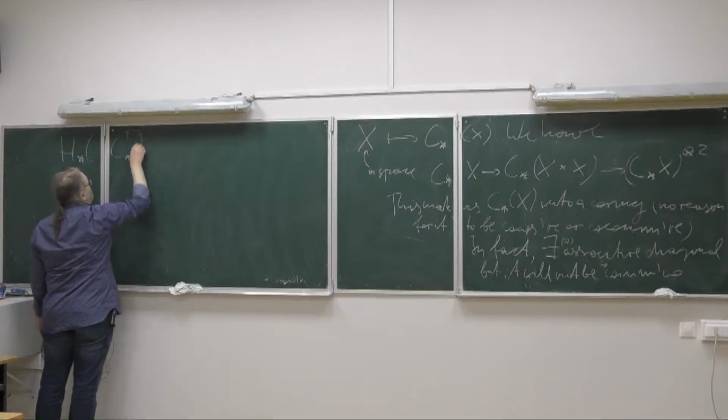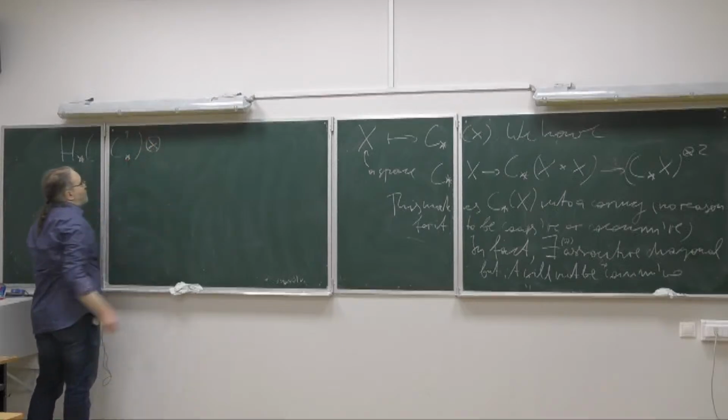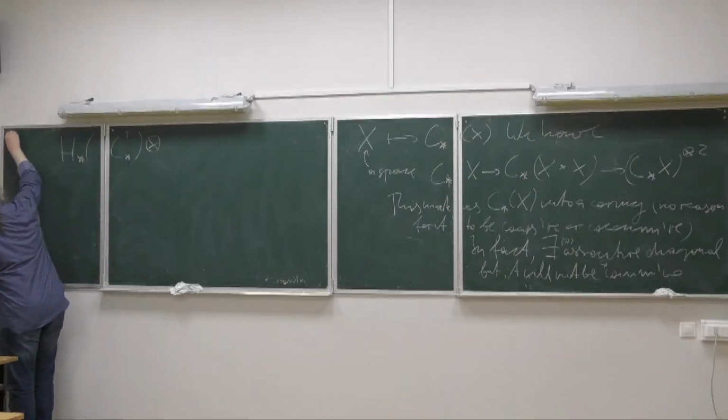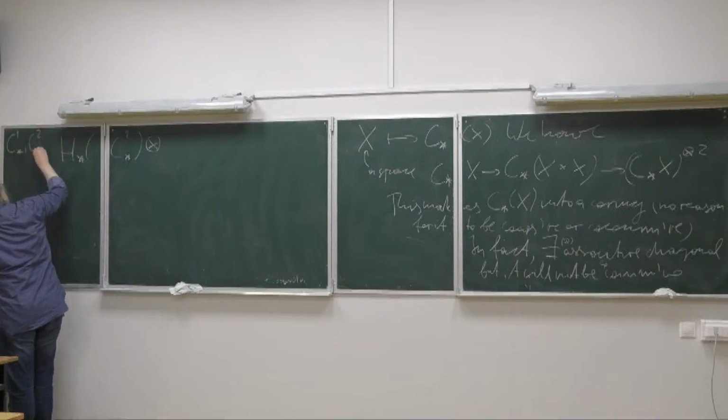There is a map: if we have C1, C2 chain complexes,